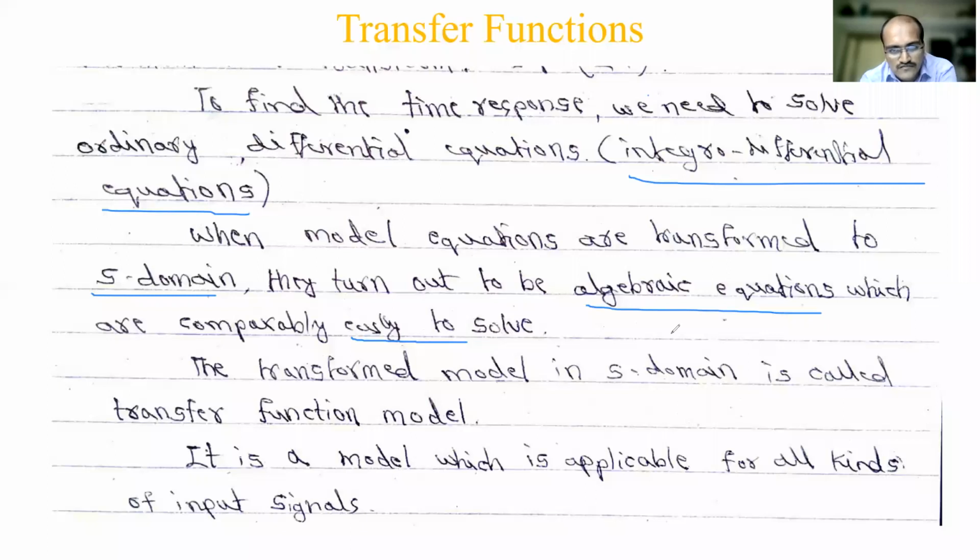Why do we go for Laplace transform? Because it is like logarithm and anti-logarithm, I told you, right? So if you want to compute with a large number, say 1 lakh or 10 lakh, you have to find the value. It is difficult in normal mathematics. So if you use the log, it will come to a smaller value. Same way, instead of finding it directly by the conventional method, we'll take the log, compute there, and then use the anti-log to calculate the value. Same way with Laplace transform: you apply the Laplace transform, it becomes an algebraic equation, solve it, and then bring back the answer in the time domain.